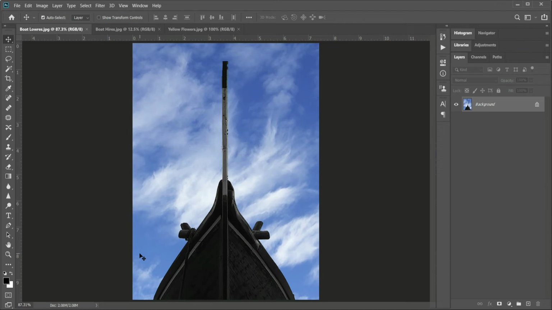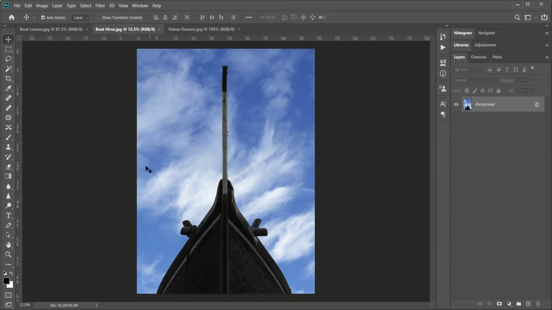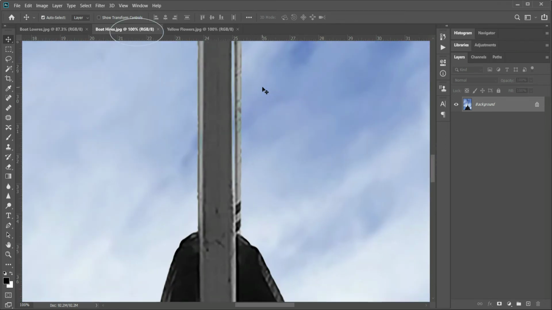Let us see a high resolution version of the same picture, which is 3712 pixels width and 4884 pixels height. In a 100% view, you see every single pixel that is there in the image, although you don't see the full image.